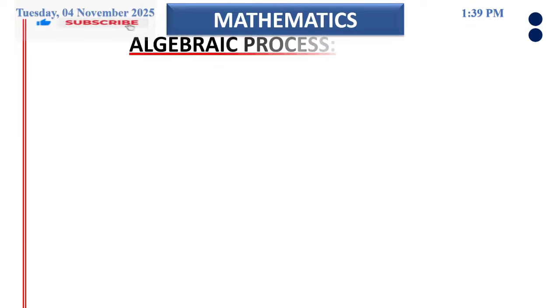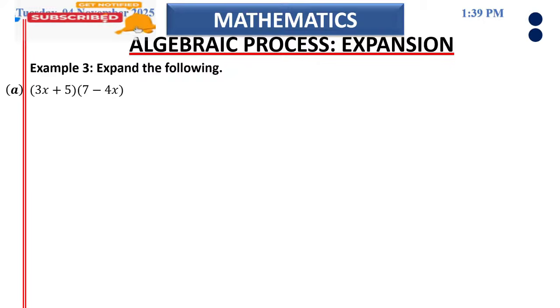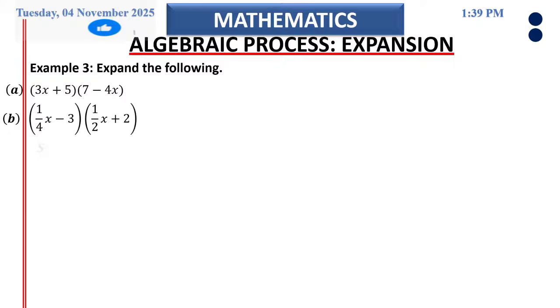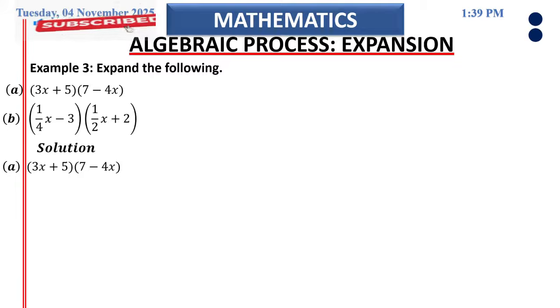Taking a look at the expansion, expand the following expressions. Okay, you have 3x plus 5 times 7 minus 4x, whereas you have the second question, 1 over 4x minus 3, then 1 over 2x plus 2. The expansion here